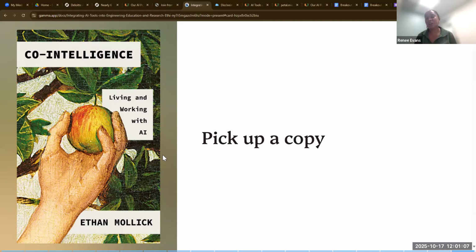And so he goes through and talks about how you can coexist with AI in a way that is really ethical. So if you're interested in a copy, I have an entire box down here in my office. Just let me know and you can come and pick up one.